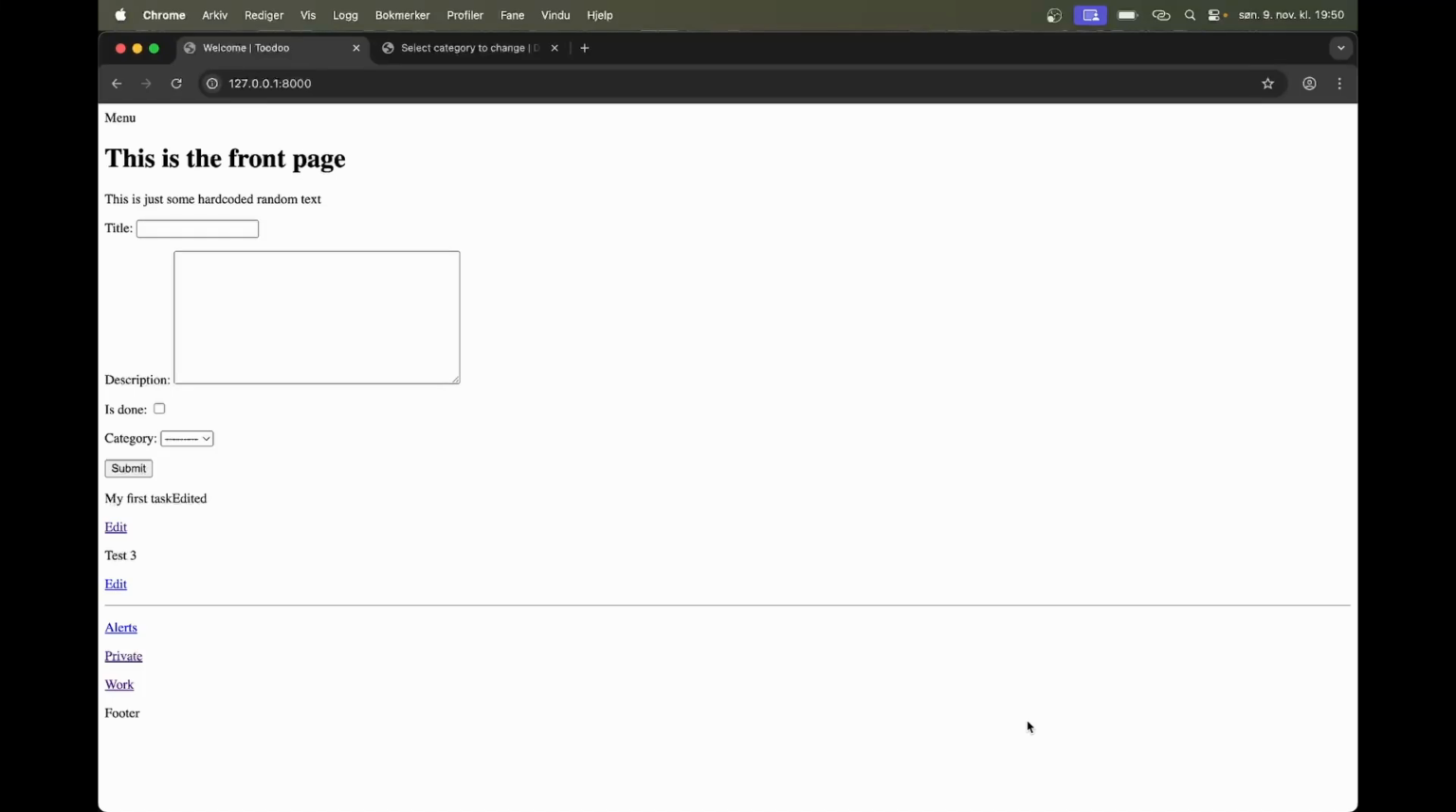Hey again. Now it's time to work more with the tasks. It's time to make it possible to complete and delete tasks. So the first thing I want to do to make it possible to complete a task is to create